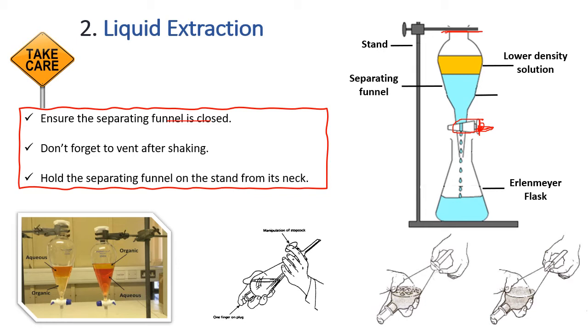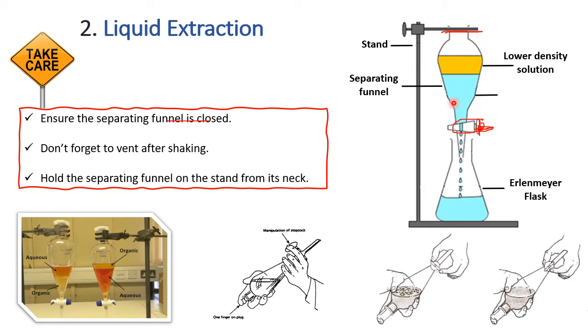We add the two liquids inside the separating funnel. We hold it like this, as you can see here in the picture, and then you shake. Don't forget to vent to release the internal pressure, and then you place it on the stand as it appears here in the image. In our exam, you're not extracting a solid from the liquid, so you will not need to shake so much. You will just need to shake a very little bit in order to separate the two liquids